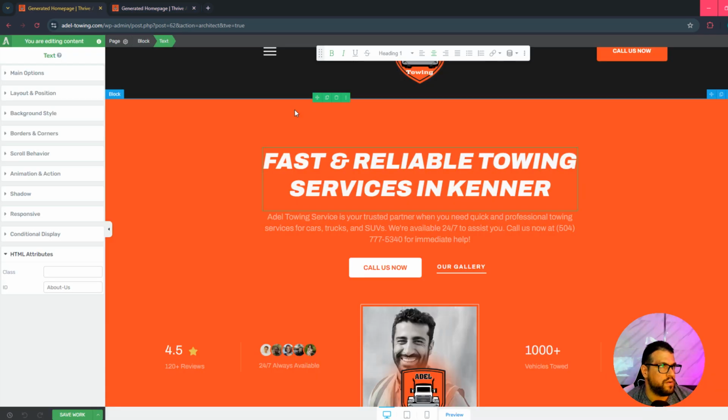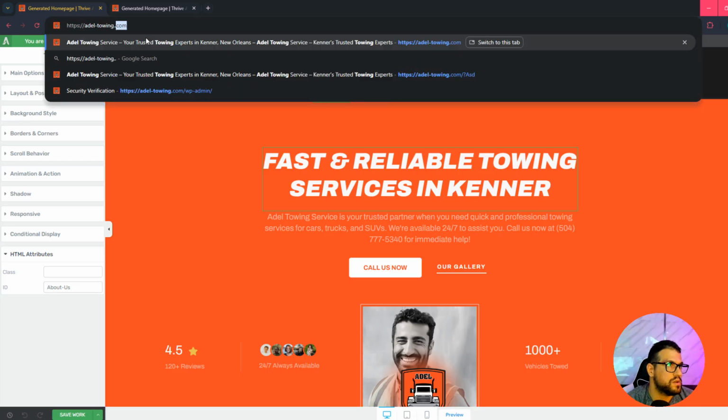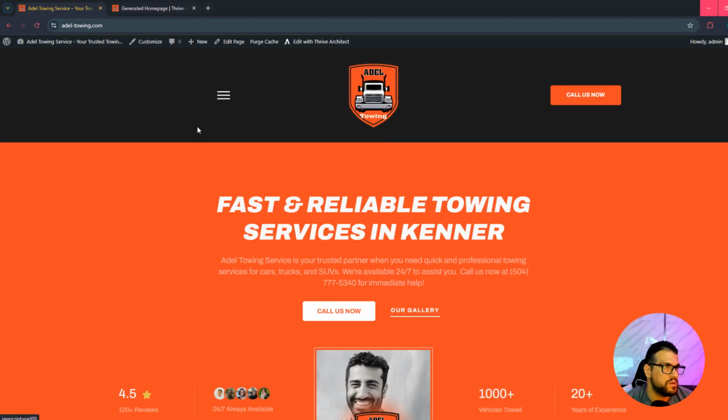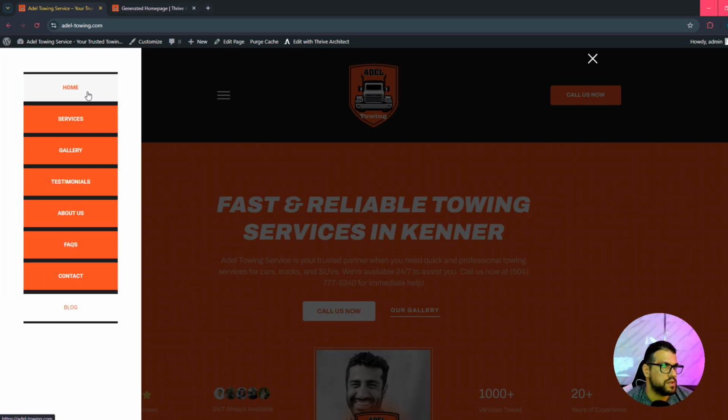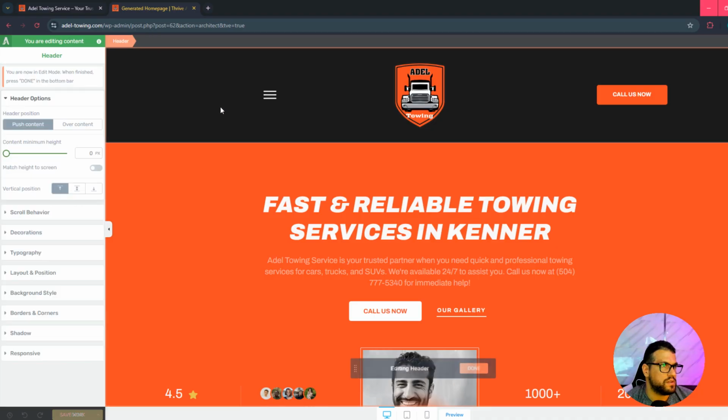And now we can preview the changes. So let me exit from this. Click here. So now you can see we got that nice looking design. All right, this is a different combination if you want to make a menu in a different shape or in